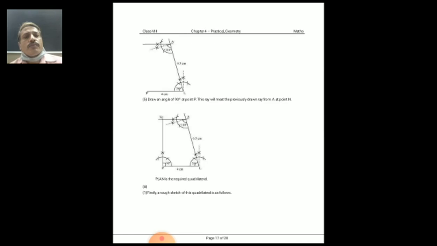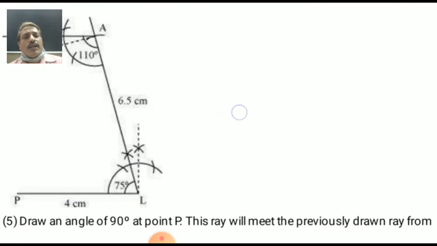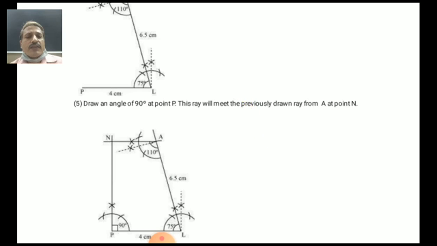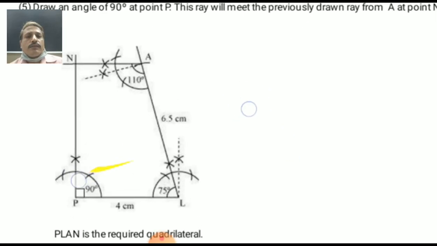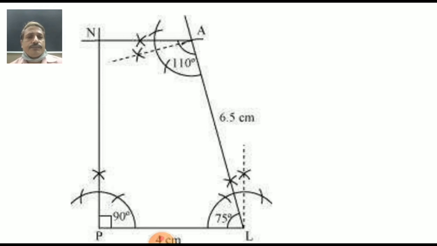See, points are written very clearly. You can use your own language also. Yes, sometimes you can use the protractor. Don't worry. But you should practice this way. See the complete plan is ready. Quadrilateral plan. Yes, yes, yes, yes. Now the rest of the questions you can draw as homework.